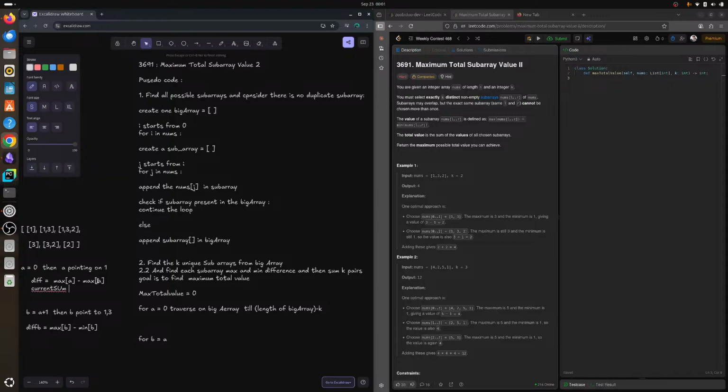Current sum or 0 initialize with diff a, then current sum plus equals to diff b, and here it will travel up to k minus, sorry,